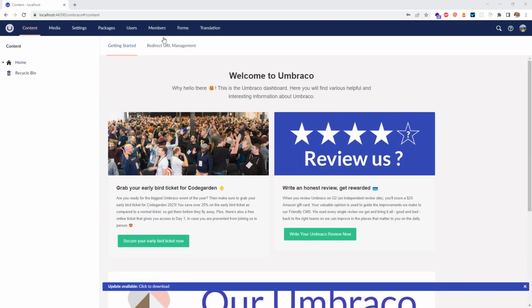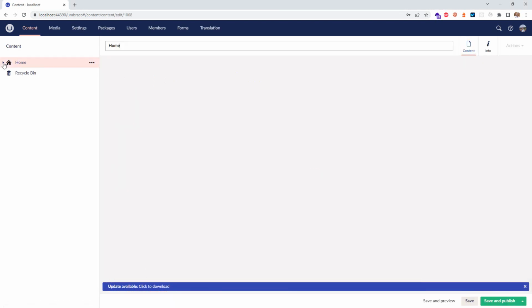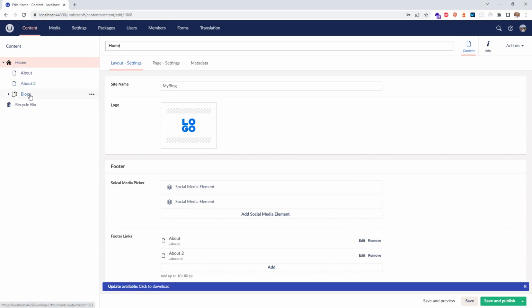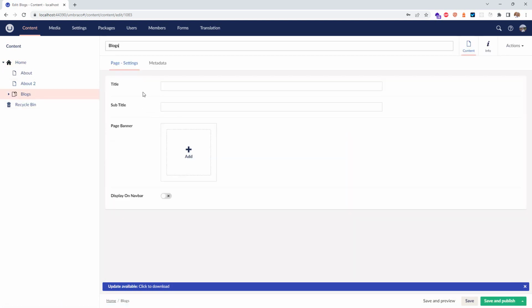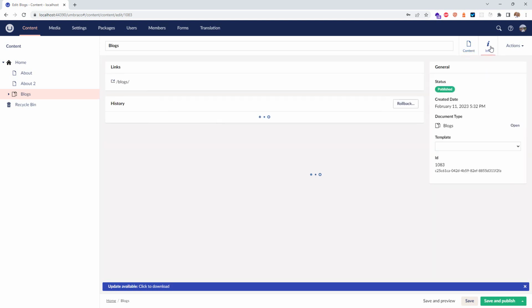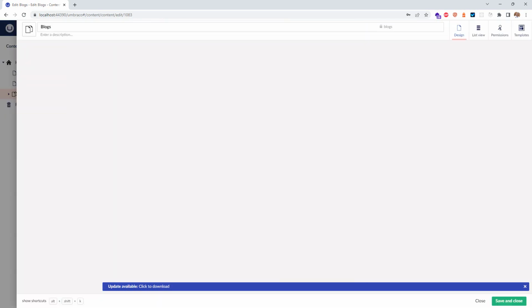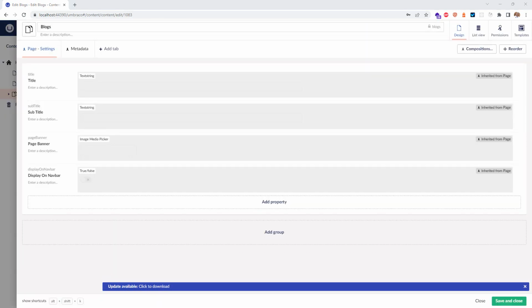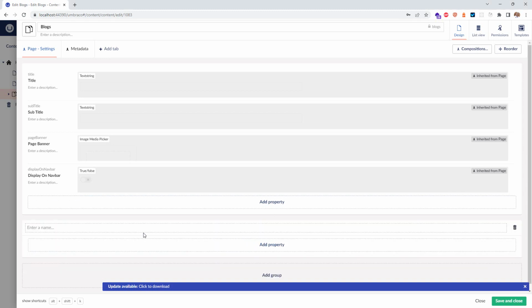So it will be under the blocks here. Blocks, it's clean and clear here. We have nothing here. So what we can do in this one, we can go to the document type. In the document type, I can add a new, I don't need a new group. Let's do it here. Let's call it